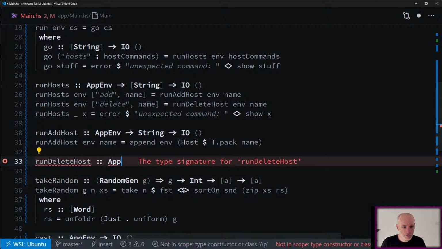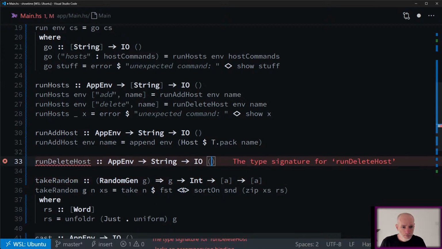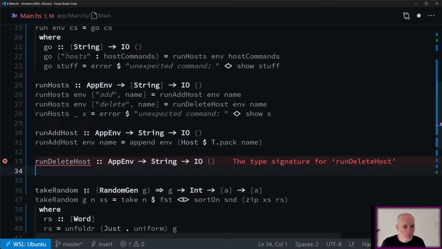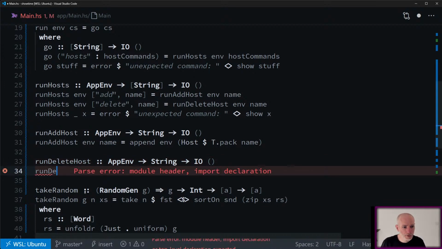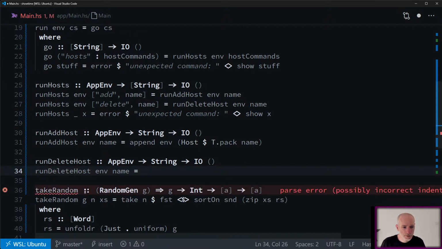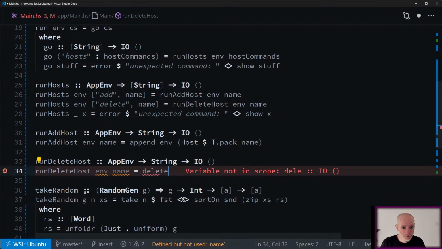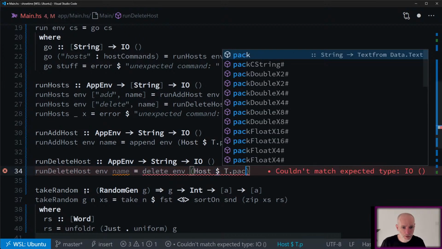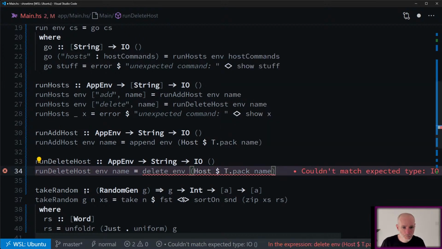Delete host goes append string IO, and we can say run delete host, and the name is called delete, I guess. Listen to storage, and host of T.pack name.